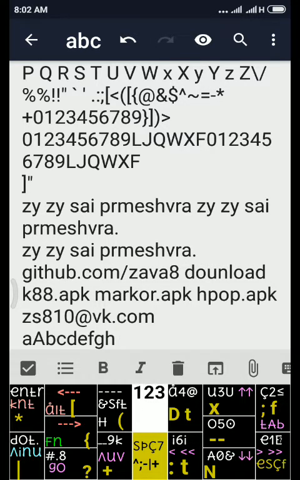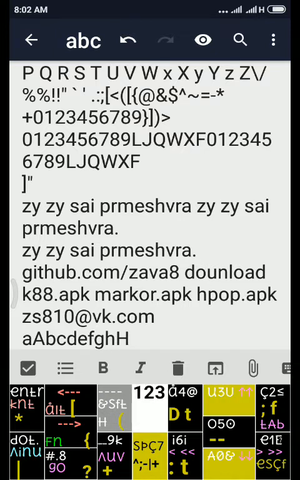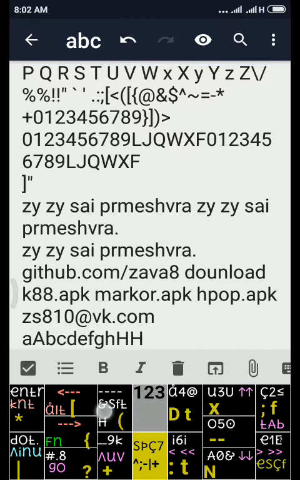If we have to make it capital H, there is a white H written on the shift key. So there are two ways to write H: num H, or shift key and then H.